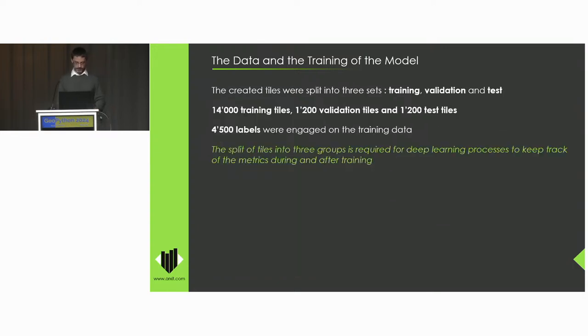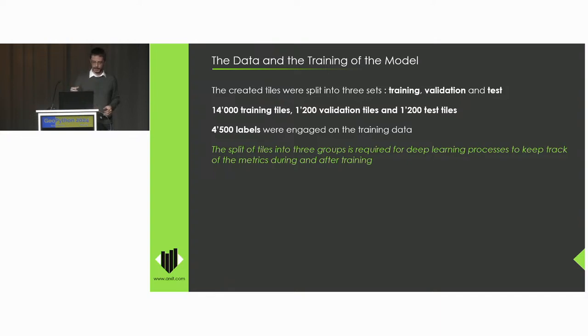Of course, as always, if you have done deep learning, you know that very well. In deep learning, when you have a corpus of data that you will use to train or to fine-tune a model, what you have to do is to separate the data into three categories. The first category is called the training set. The training set is really what you will show to the model. It's the data on which the model will actually learn to detect what is interesting to you.